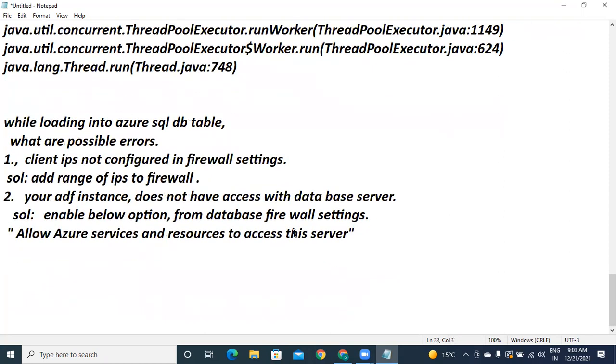That is the second. The third possible error, somebody already typed it in the chat. Who typed it? Mr. Sesler: data compatibility errors. Okay, data compatibility errors.